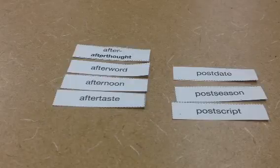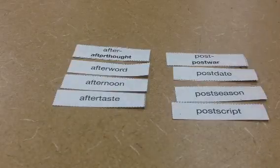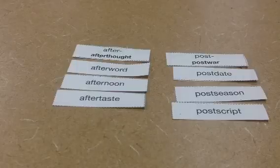You probably hear that a lot during the football season. Postscript. Script is a word that means writing. Postscript is something that comes after the writing. So we have after and post are both prefixes that change the base word to mean after it. So when you see these words in stories that you read, now you understand what that prefix after and post